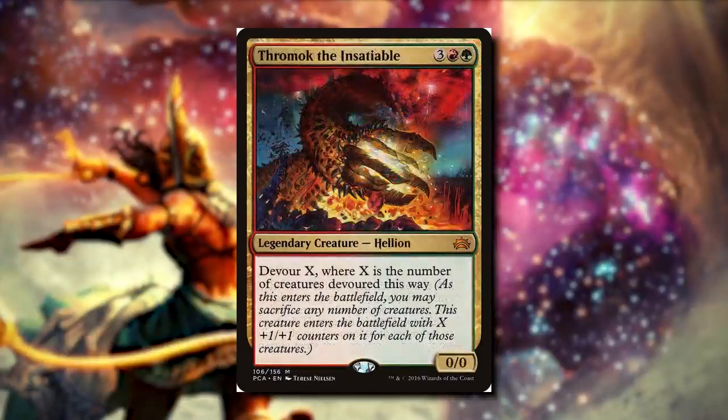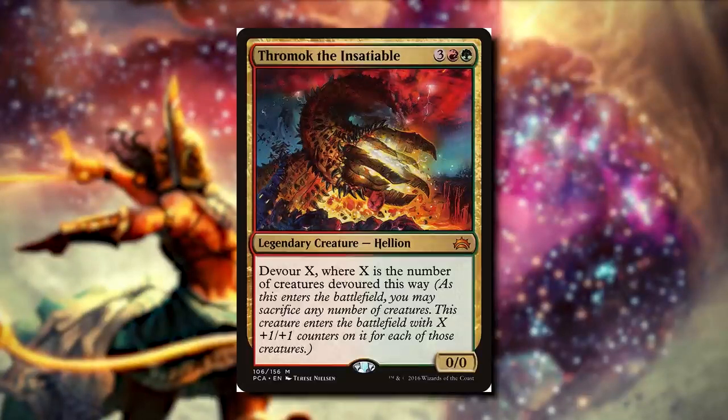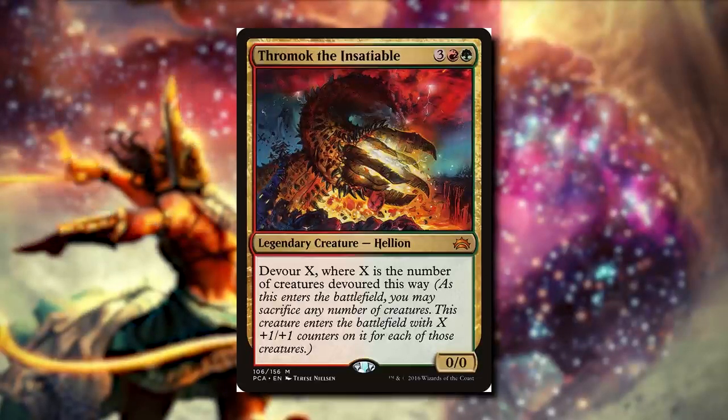Thromach the Insatiable. For 3 red and green, it's a 0/0 Hellion, but it has Devour X, where X is the number of creatures devoured this way. So when it enters the battlefield, we can sacrifice any number of creatures. This creature enters the battlefield with X +1/+1 counters on it for each one of those creatures. But what's really cool about Thromach is that it has Devour X. So whatever number of creatures we sacrifice, we're actually going to square that. So if we devour 1 creature, Thromach's going to enter with a 1/1 counter. If we devour 2 creatures, 4, devour 3, we get 9. So this can get really crazy if we have a bunch of tokens,